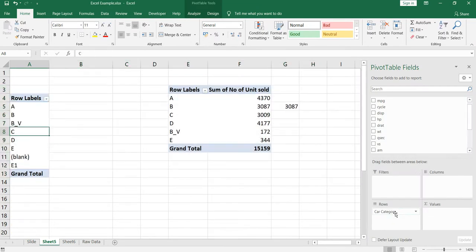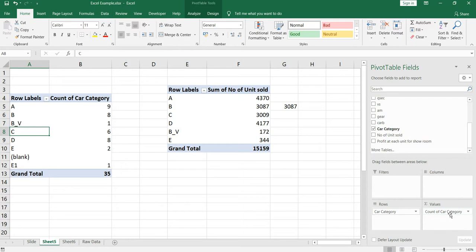So you have selected car category in your rows, then again you need to select any column. Majorly, we should always use a column which doesn't have blanks. So if I want to get the count of car category, I should use car category in my rows as well as the car category count. Car category is a string value in that column, so by default the pivot table will always take the count of that column. So it has taken the count of this column.